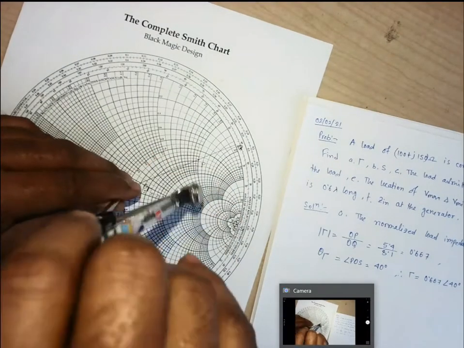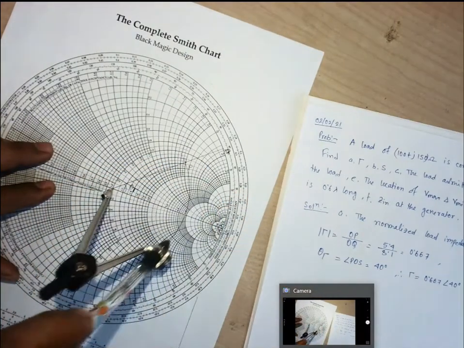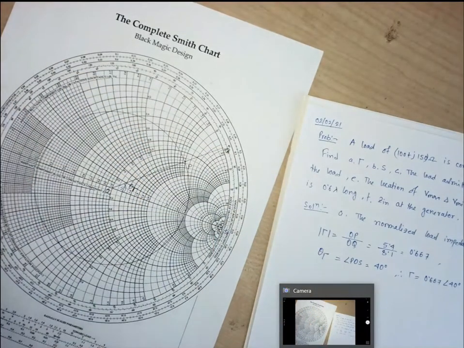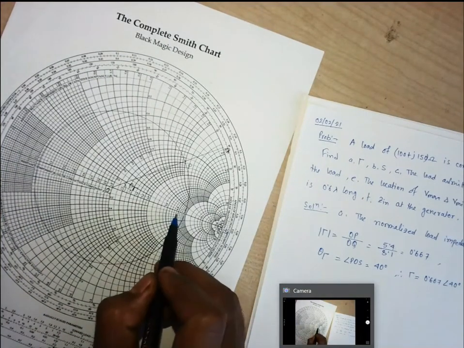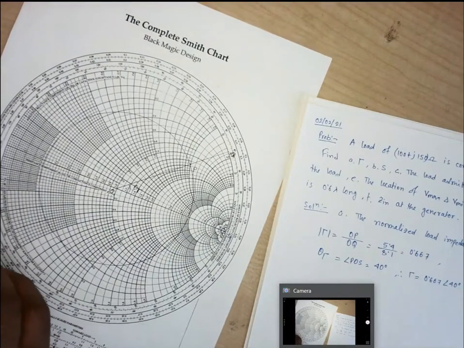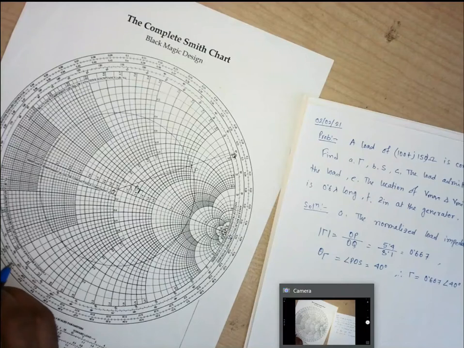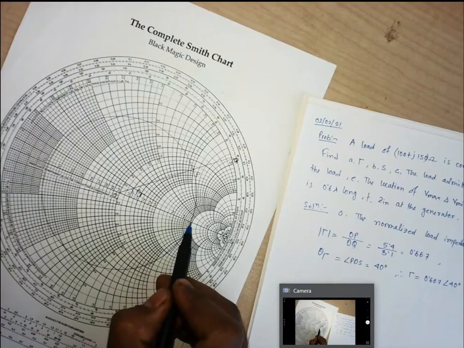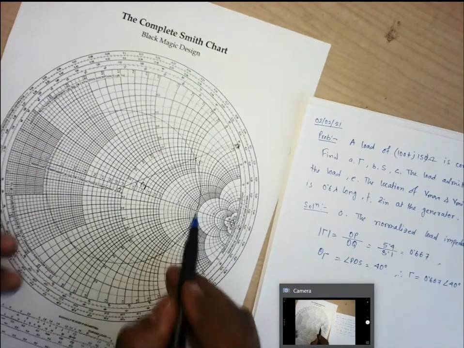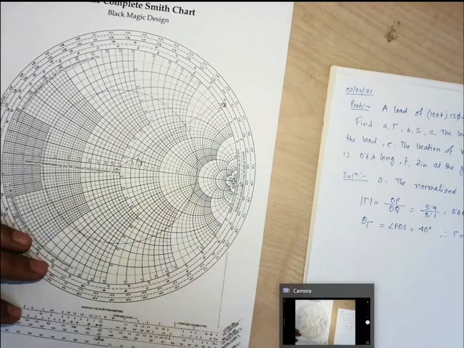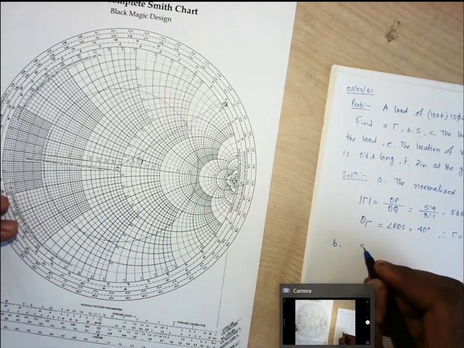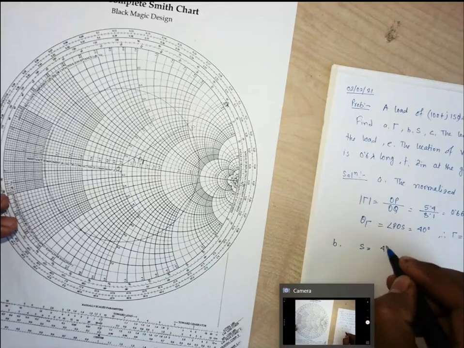Right? Okay. So how much it is? This is 4, it is 5, right? So it is just above 5. So how many lines? 1, 2, 3, 4, 5. So it is almost 4.8. This one is almost 4.8. So B point, we are having S is equals to almost 4.8.